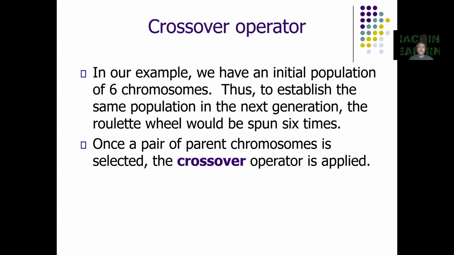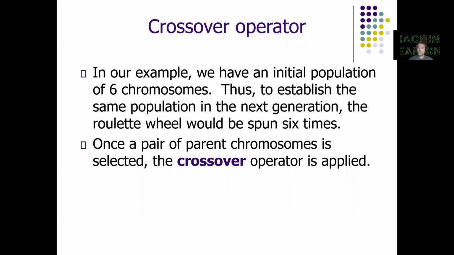So in our example, we have an initial population of 6 chromosomes. We need to establish the same population in the next generation, okay? Because no matter what kind of variant we use, we maintain the size of the population the same, okay? We don't reduce it or enlarge it. And to achieve that, we have to spin the wheel 6 times, select